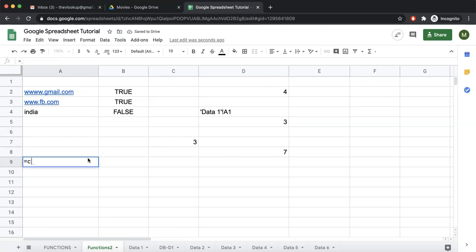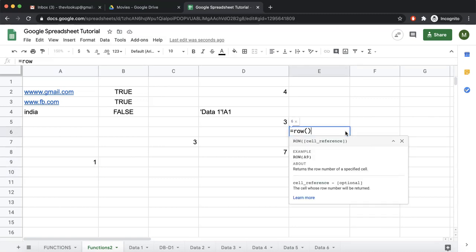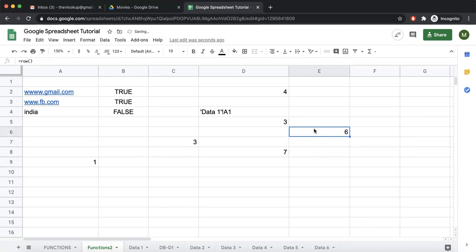Over here, if I say column, when you don't assign anything, just open bracket and close bracket, it returns the column number of that very cell. So over here, if I do equal to row, this is 6. So this is returning the row of the present cell in which the function is written.